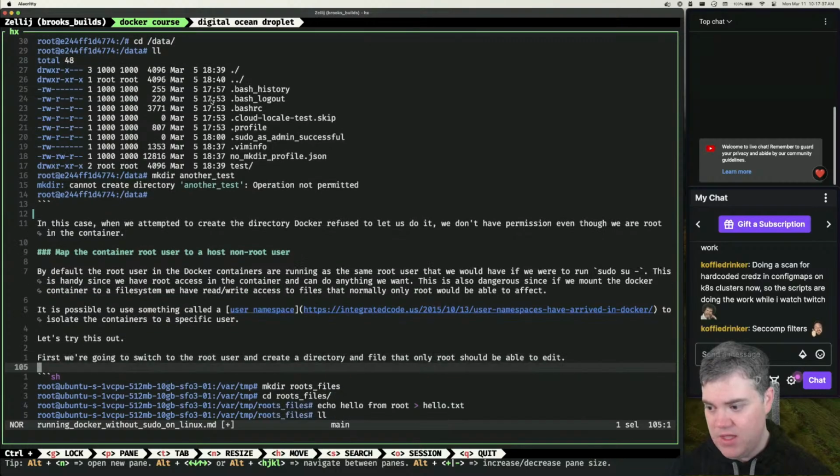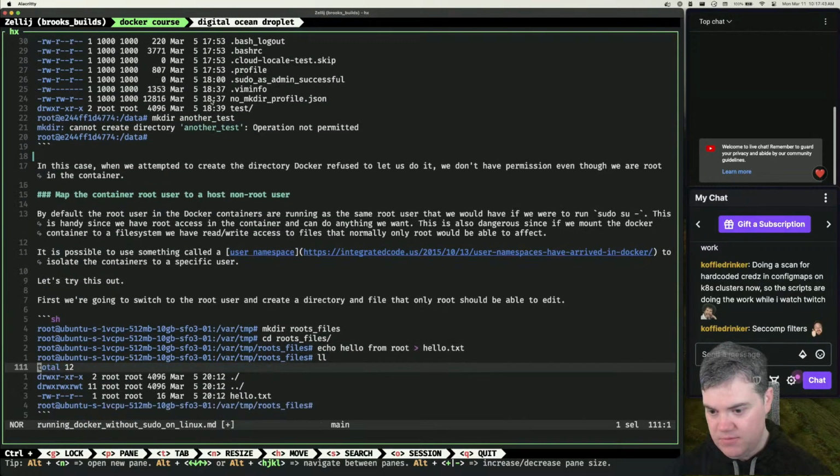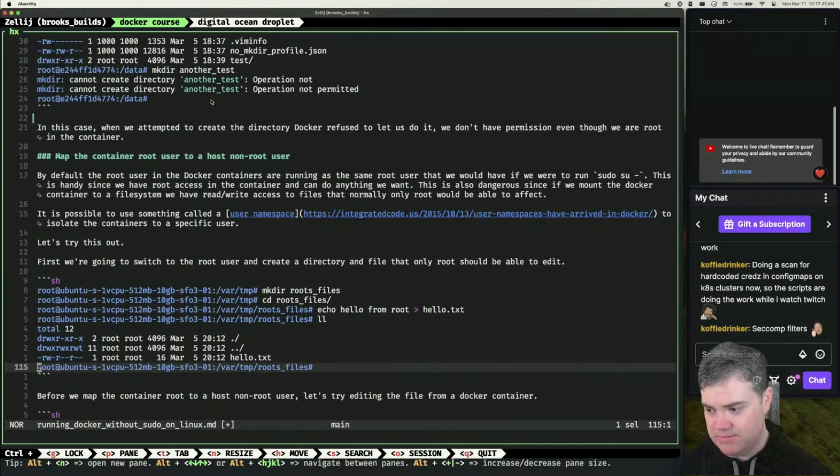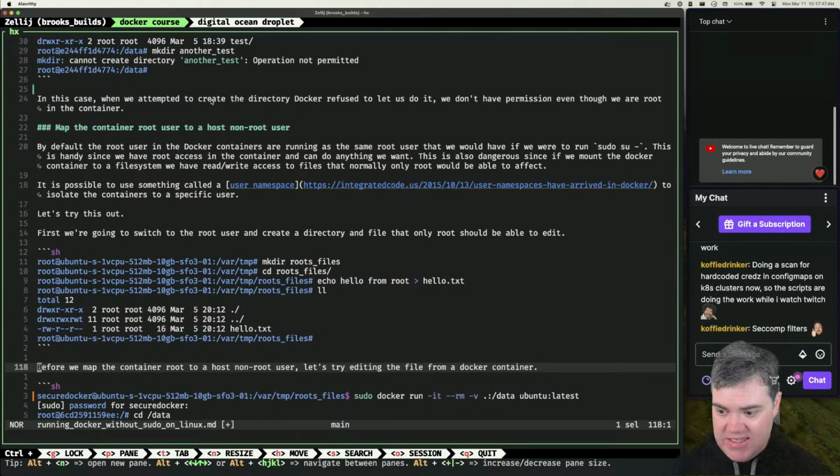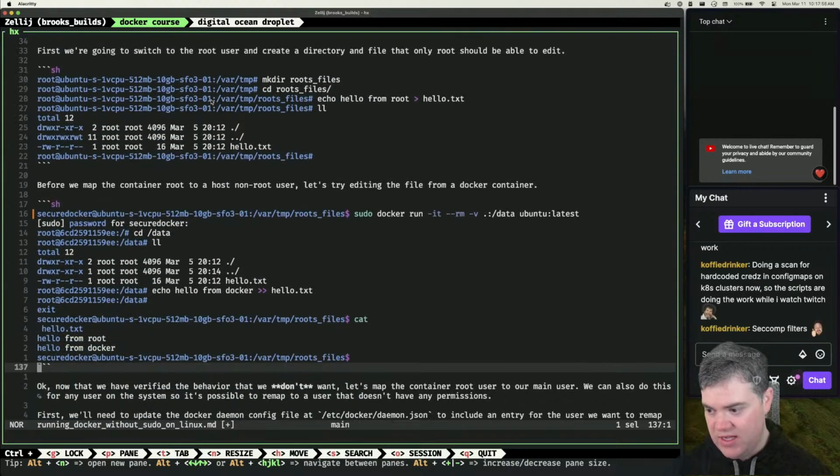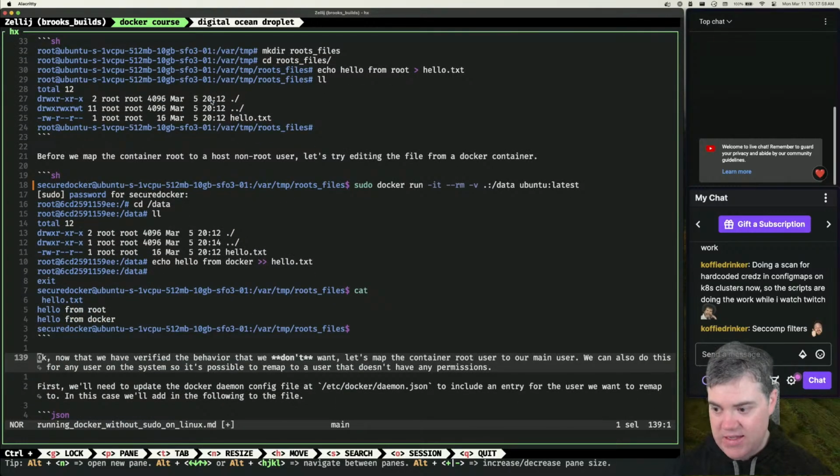Let's try this out. First, we're going to switch to the root user and create a directory and file that only root should be able to edit. We do that. Before we map the container root to a host non-root user, let's try editing the file from a Docker container. So we edit the file. That's great. Now that we have verified the behavior that we don't want,